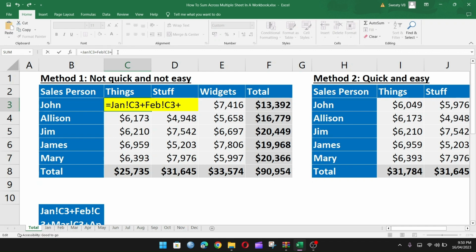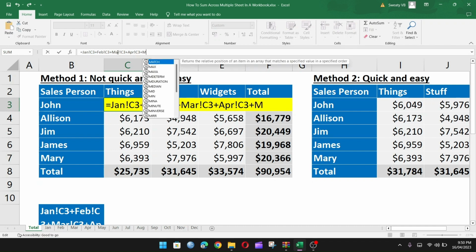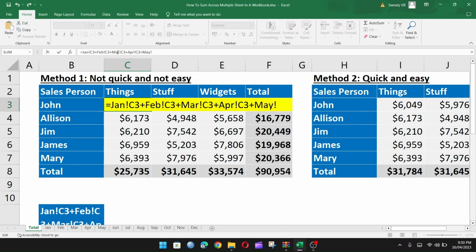Then plus March!C3 plus April!C3 plus May!C3 plus June!C3 plus July!C3